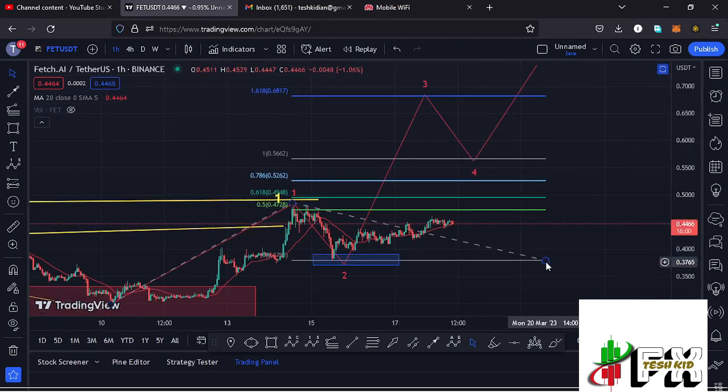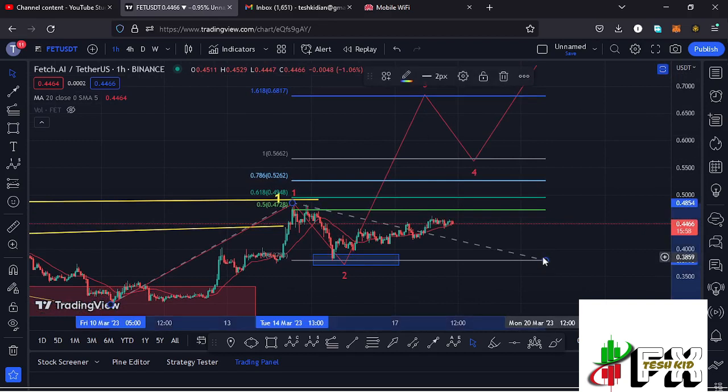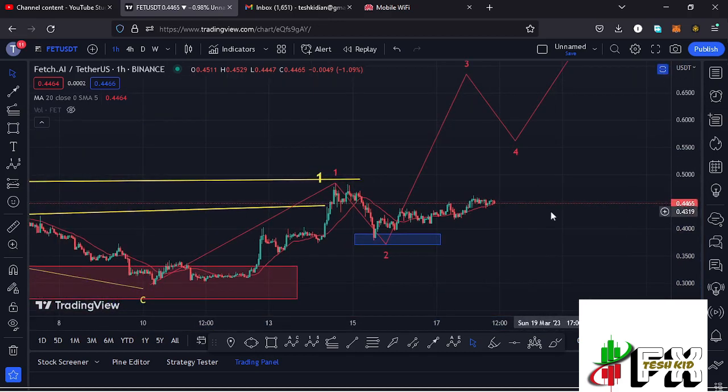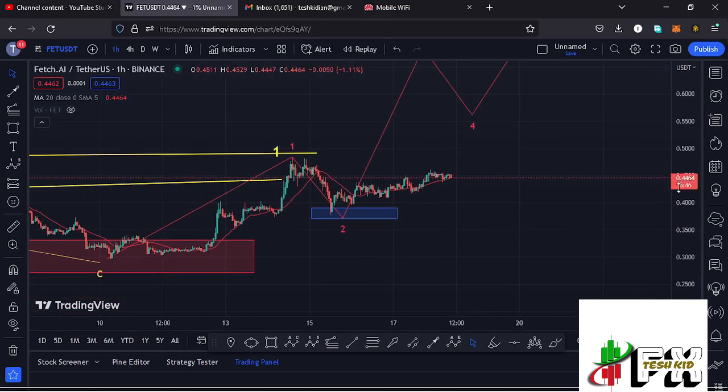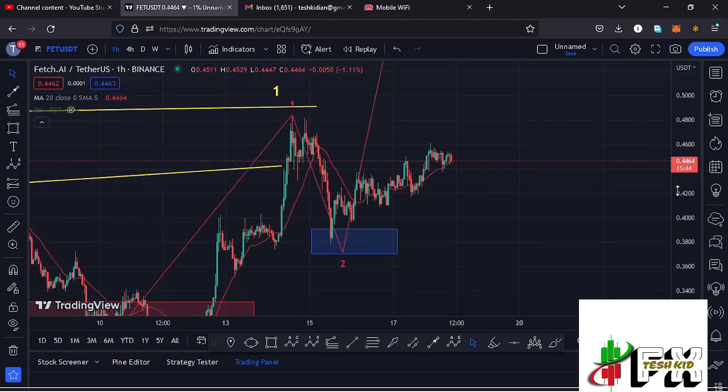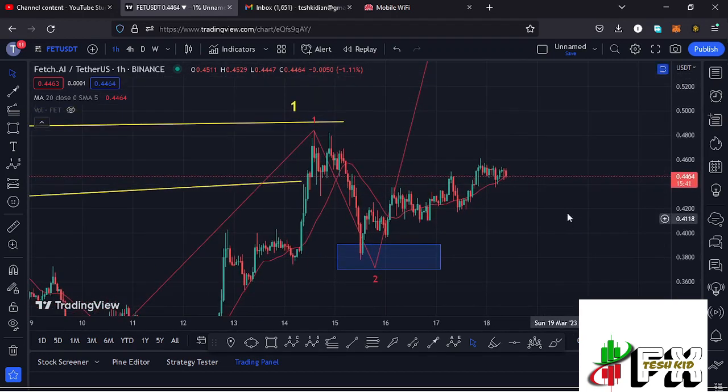in formation within the formation of that wave 3, and for that move to also play out and for us to continue unlocking higher prices here on the Fetch AI chart, we need to continue holding above the 20-day MA here on the 1-hour chart and also on the 4-hour chart, since they are acting as support for us to continue gearing up. But in case the breakdown continues and we lose the 20-day MA here on the 1-hour chart